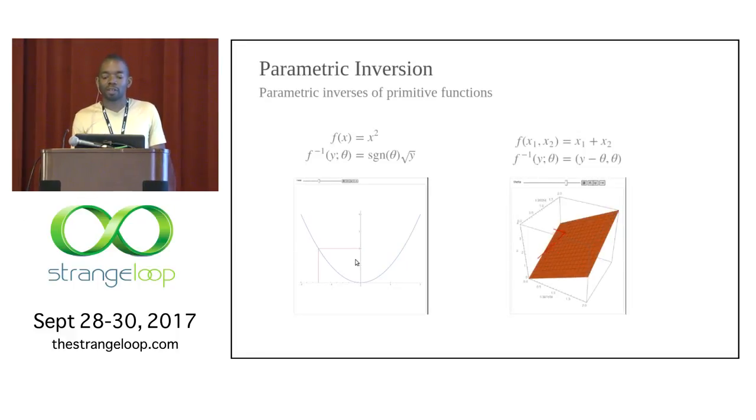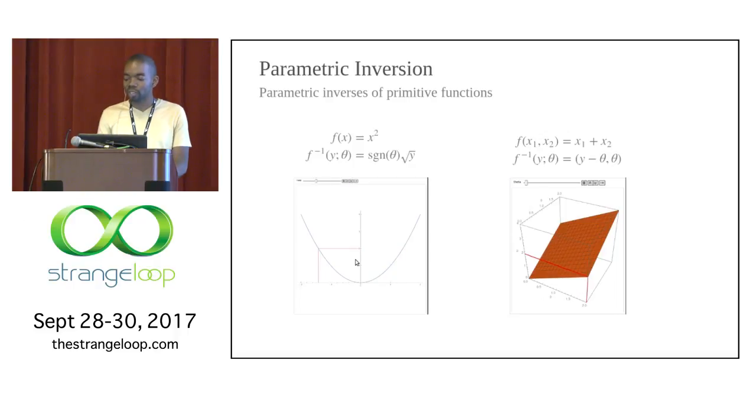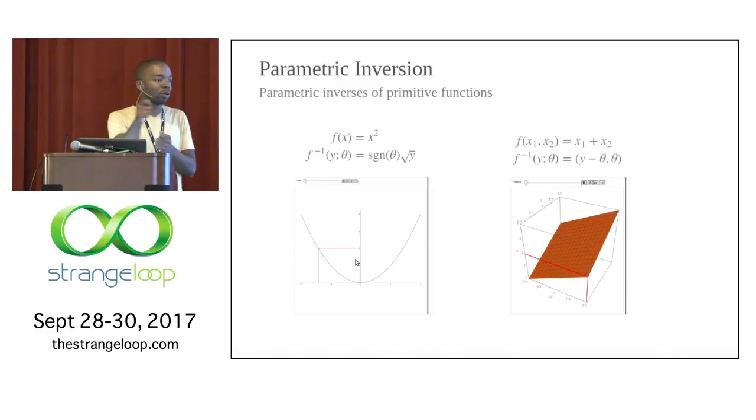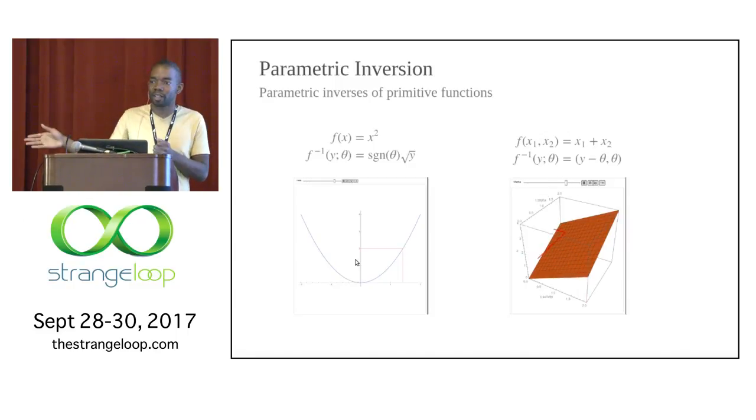And we can do a similar thing for addition, and basically all of the common functions that you'll find in a normal programming language. For addition, for example, minus 5 and plus 5 both add to 0. Minus 6 and plus 6 also both add to 0. But with this parametric inverse, we can vary theta, and we get back a set of different pairs which all sum to 0, for example.